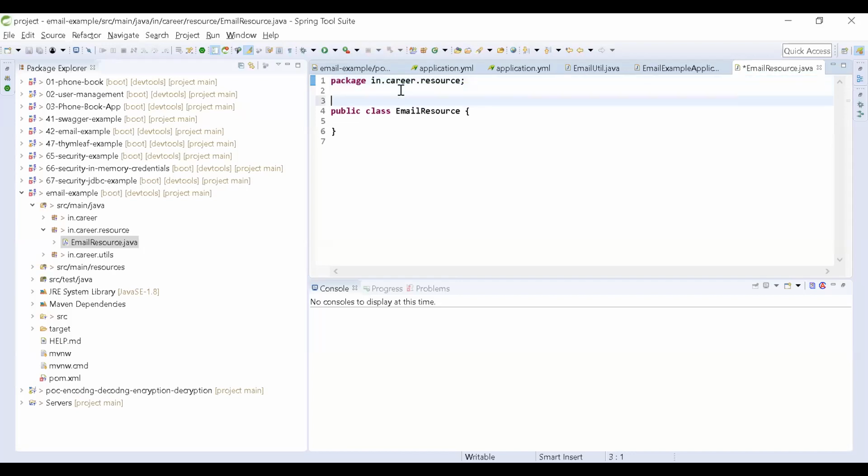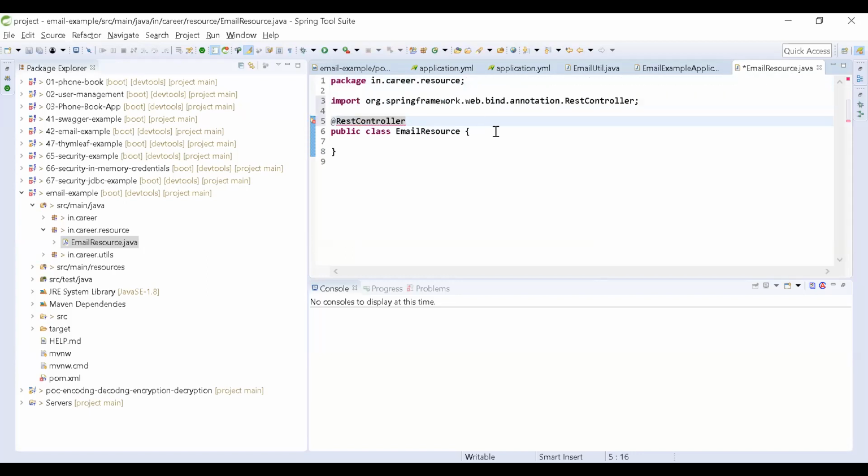Just I am creating a REST controller here. I am exposing an API to execute email.